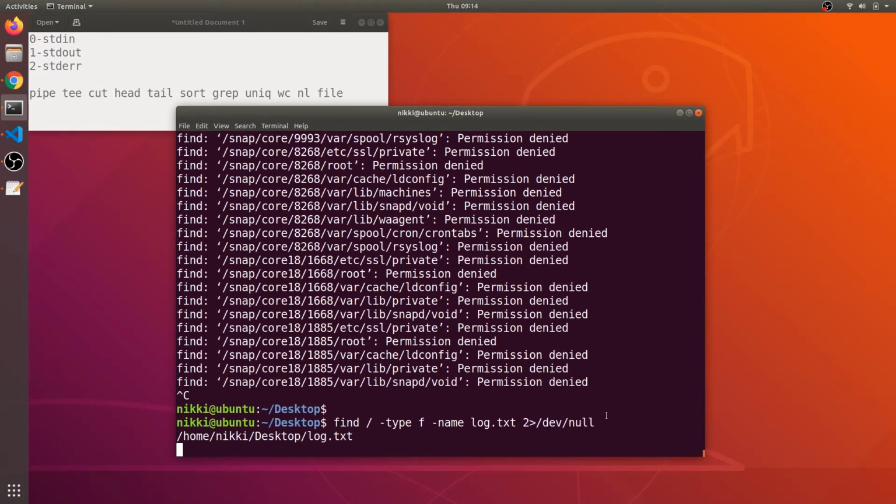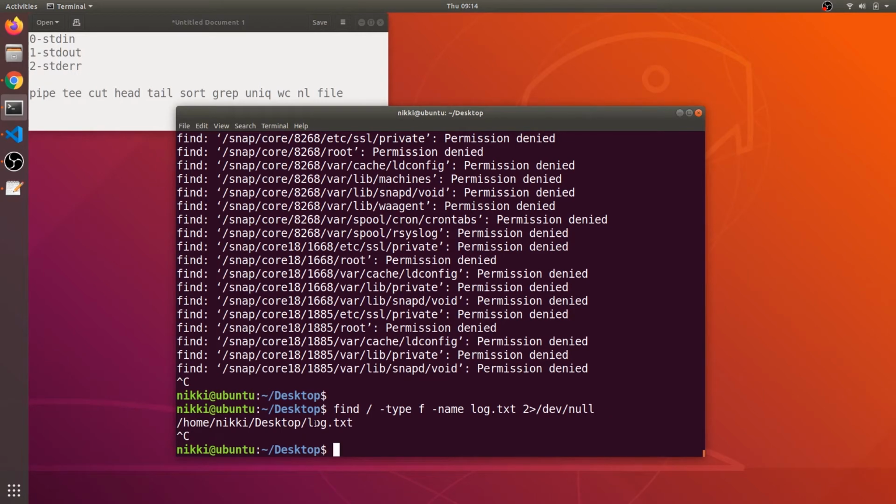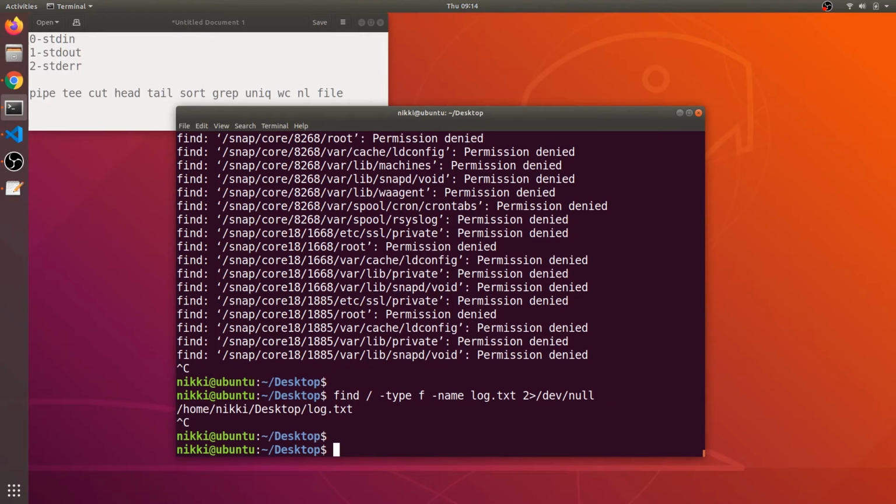So I press Ctrl Shift C, since we got the output, it's in /home/Nikki/Desktop/rock.txt. Okay, this is one way to get rid of error messages. So let me clear the screen.